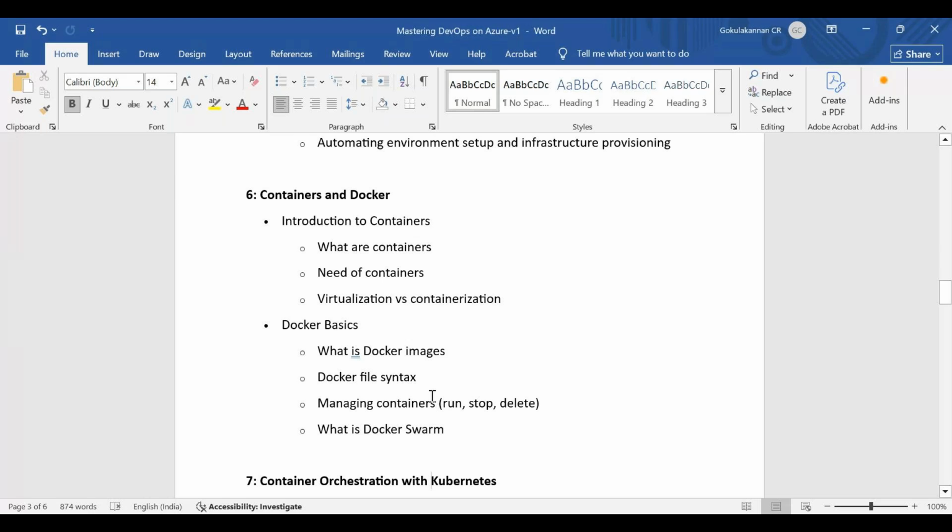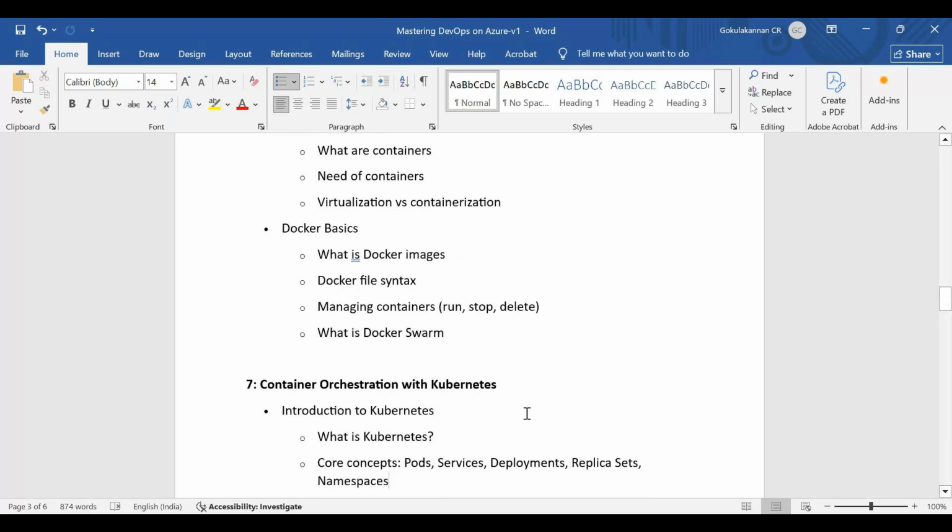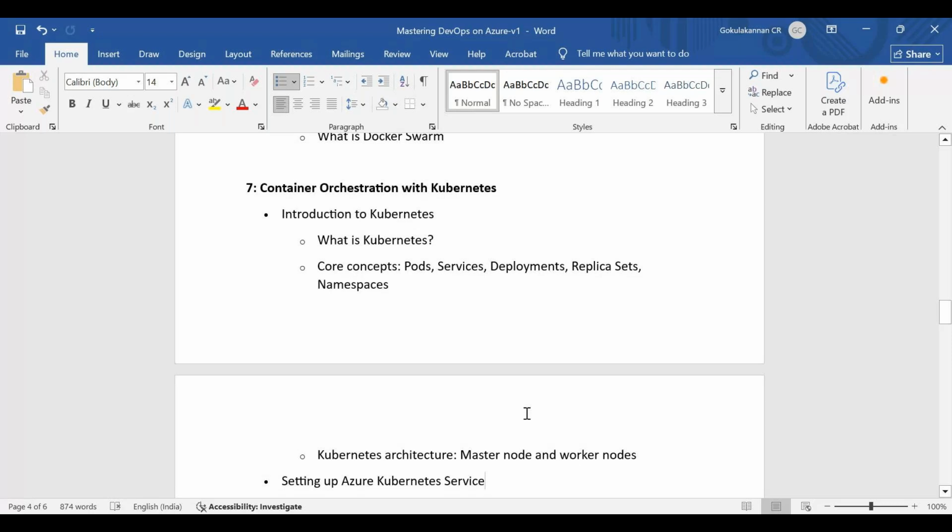So Docker images we'll be discussing, and then we move into Kubernetes. Nowadays most organizations have adopted Kubernetes, but you should still have the understanding. Theoretically, we'll discuss Docker Swarm, and then orchestration tools like Kubernetes come into the picture. In Azure you have your pods and your services.